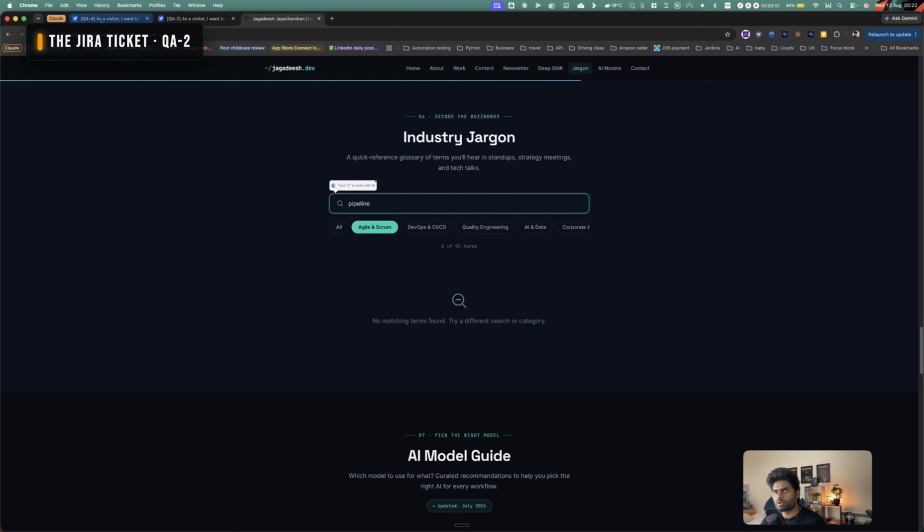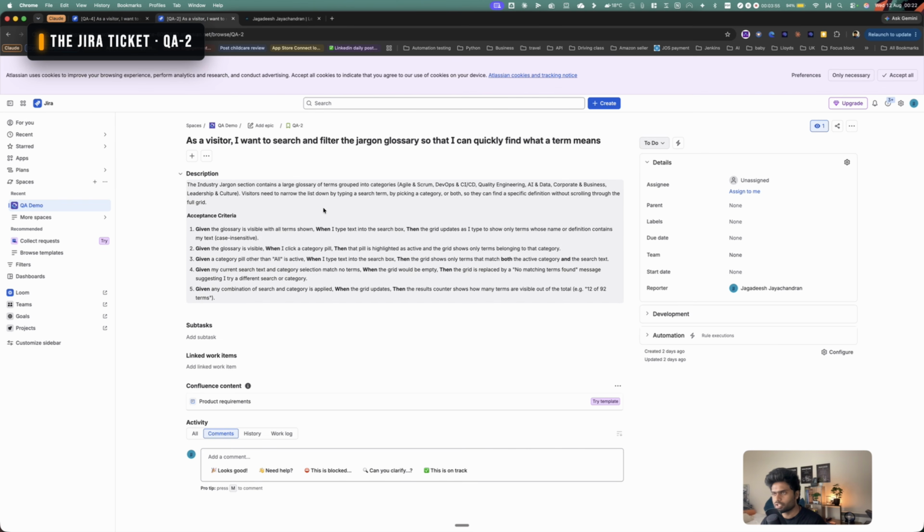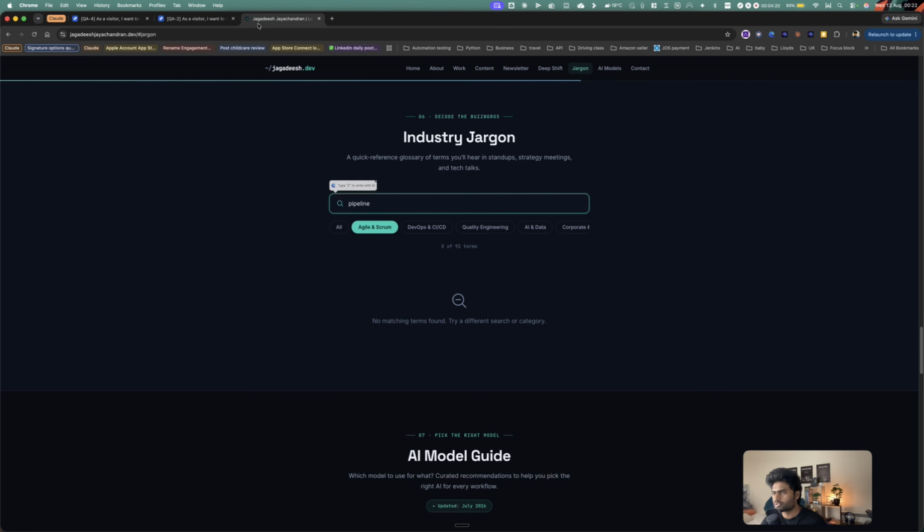jagadishjayachandran.dev. And what I have already done is I have created a free account in Jira, and then I have created the stories. In this demo, we're going to try QA-2. So I've created a project under a name QA demo, and I have also added a description and acceptance criteria. I'll explain what this does. Firstly, the bug I introduced is